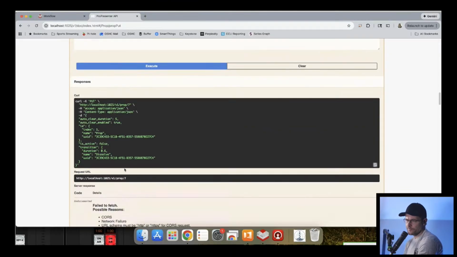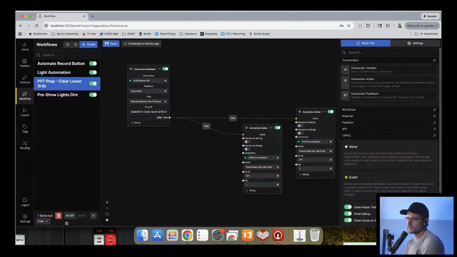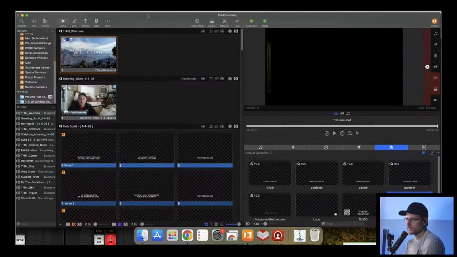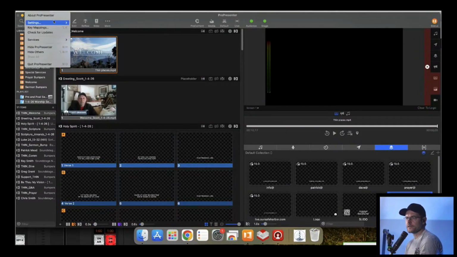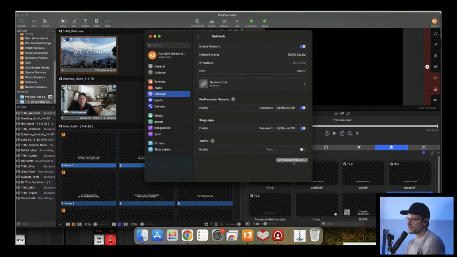All right. Why does it keep kicking back prop and then dissolve? This is not correct. So let's go here. ProPresenter, settings, network, API documentation.